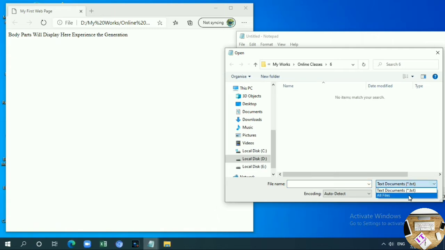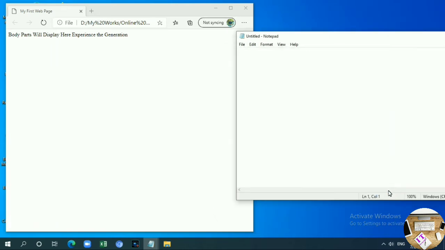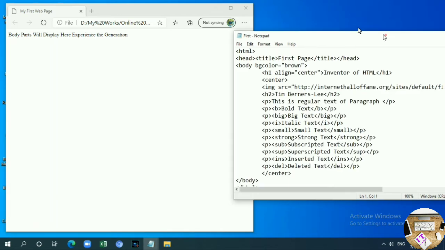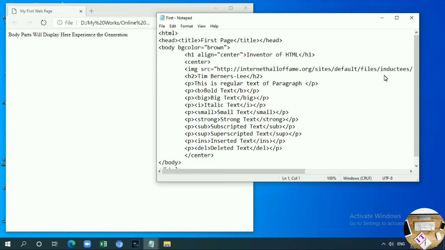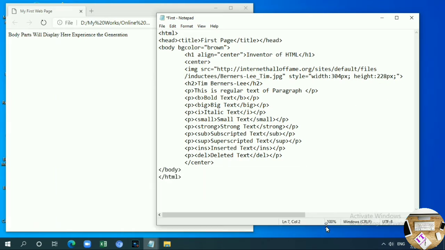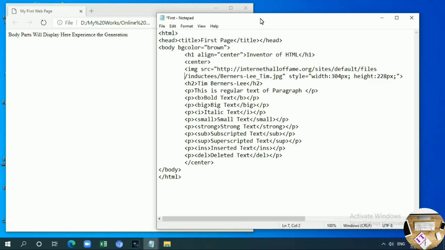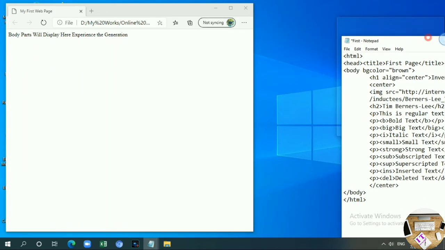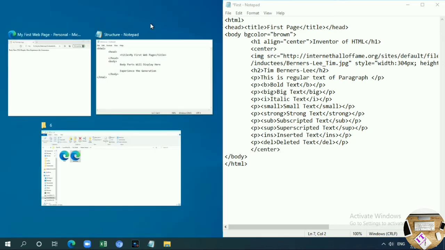I already saved and typed the code, and I want to open it. Here I created it as first. Then I am going to open it in HTML Notepad. Look, the code is here. I have already typed it.